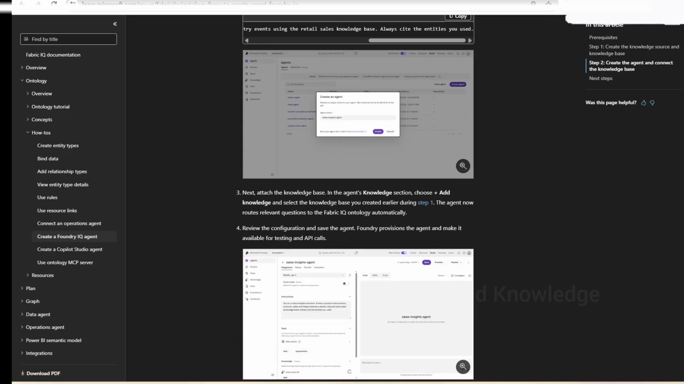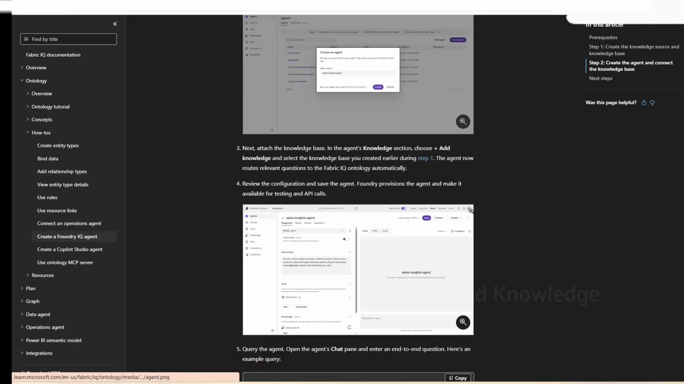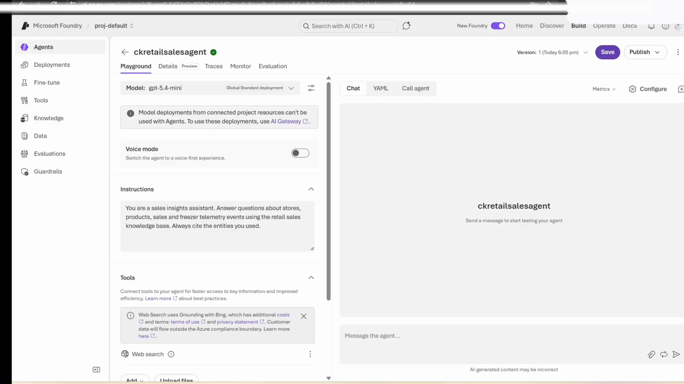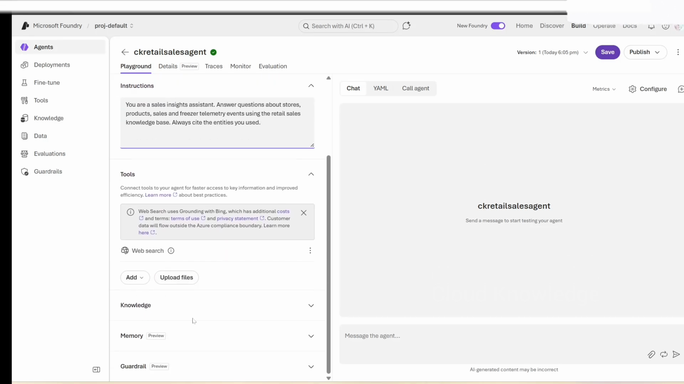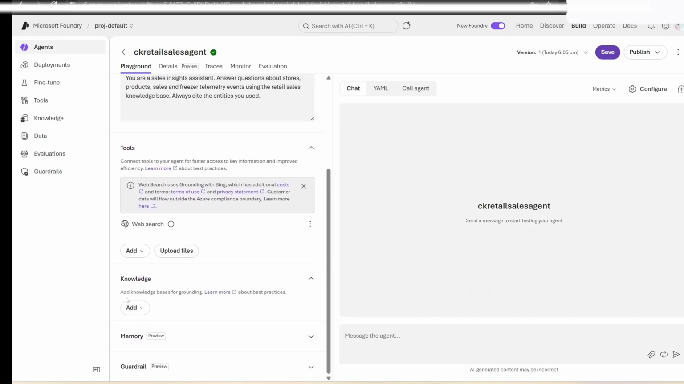In the agent's knowledge section, choose plus add knowledge and select the knowledge base you created earlier in step 1. The agent now routes relevant questions to the Fabric IQ ontology automatically. Okay, so we have to add the knowledge base in the knowledge section. Here is the knowledge. We'll click on add,